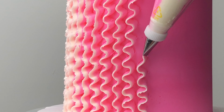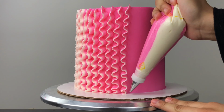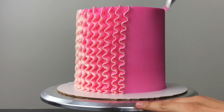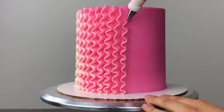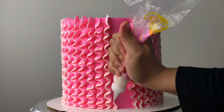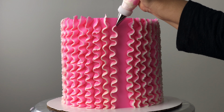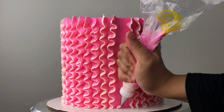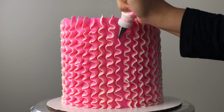And you can see, if you look closely, that I'm actually scraping against the back of the cake. You want to make sure that the ruffles are constantly touching the cake while you're doing this. You don't want them to just fall over. Continue to create these ruffles all throughout the cake. The last couple of ruffles can get a little difficult, but just slowly create that back and forth motion. Take your time creating the very last ruffle because you don't want to scrape against the back, and just slowly